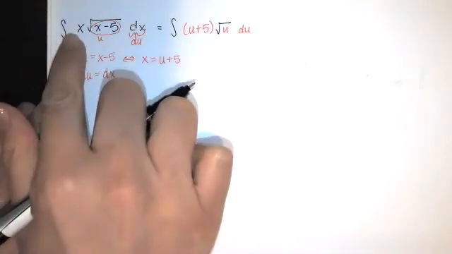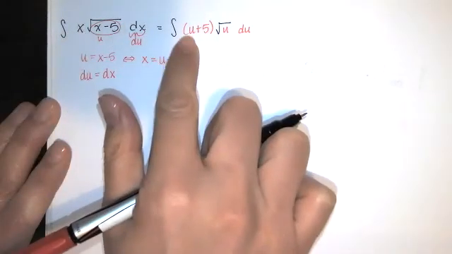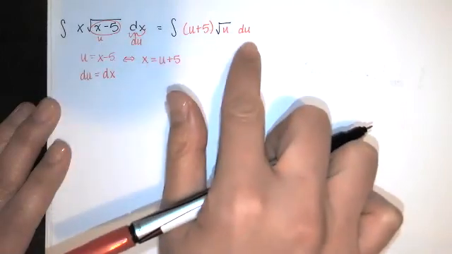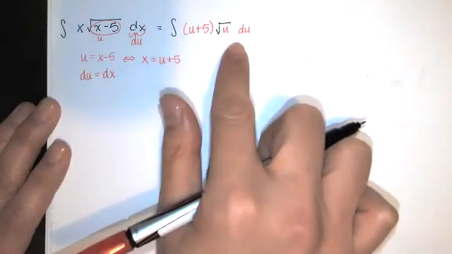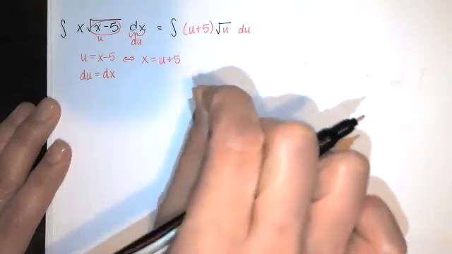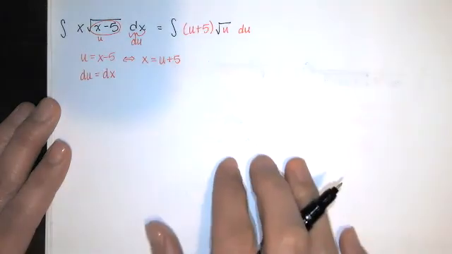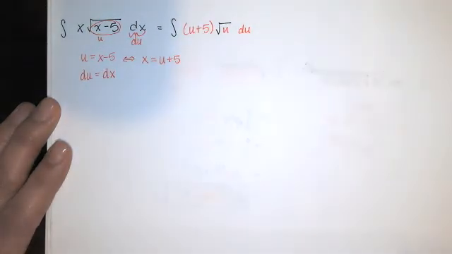So I've got x is replaced with u plus 5. This is the square root of u, and that's a du. Question is, do you have a rule for that? We don't have a rule for that, but if I write that as a u to the 1/2 power and distribute, yeah, I have a rule for that. So